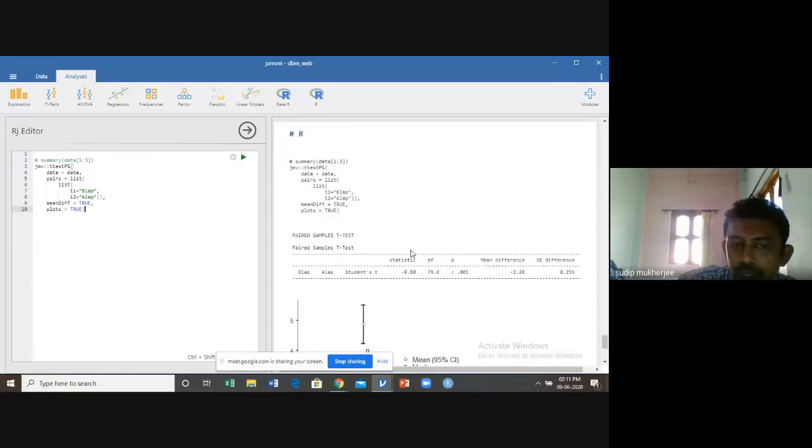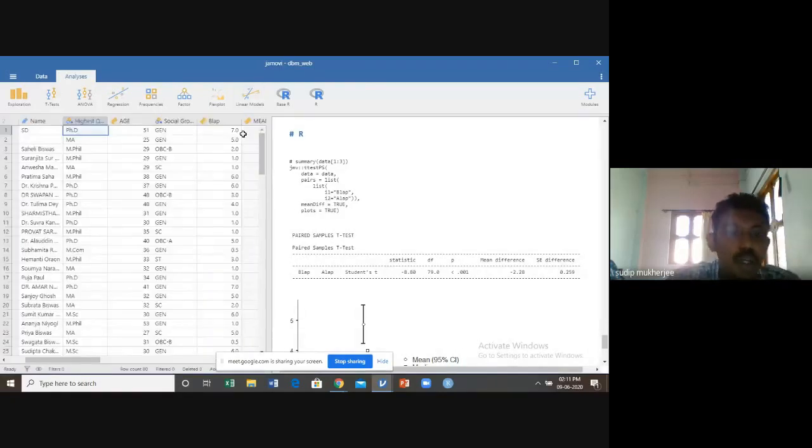See, it gives you the result, the entire result. Simultaneously, if anyone is interested in programming language, anyone interested to write his own program, you can write in our editor also.